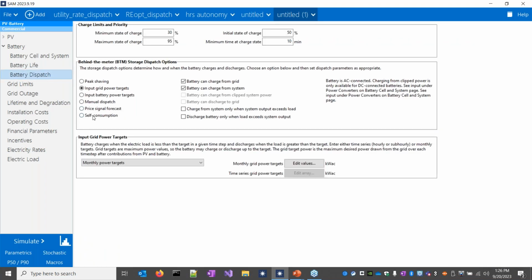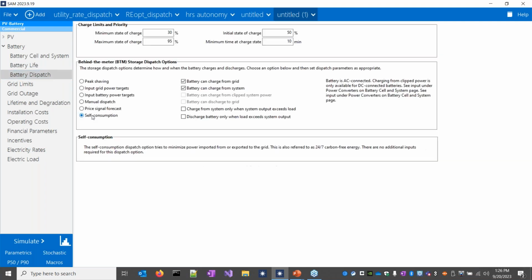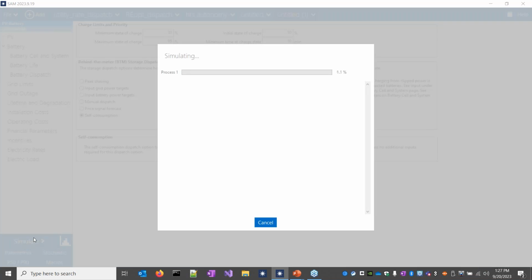So then finally, we'll look at the self-consumption dispatch. This is just setting that grid power target to 0, which allows for sizing in applications that are potentially looking at 24/7 carbon-free energy. And if we press simulate,